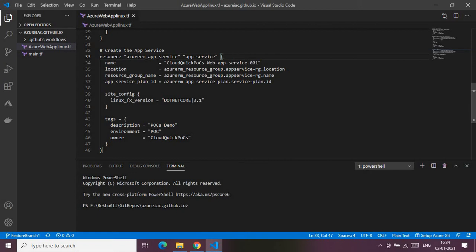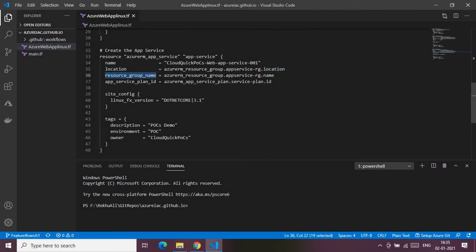And in the curly bracket block, I'm giving the required parameters again. So it needs a name, nothing but the web app name. I've been giving the web app name as this one. And the location, again I'm referencing the location of my RG. So how I'm doing it: see, again, the resource group, then this is the variable which will be storing the data, and inside the variable I'm just retrieving this attribute, that is location. And that value is assigned to this location parameter.